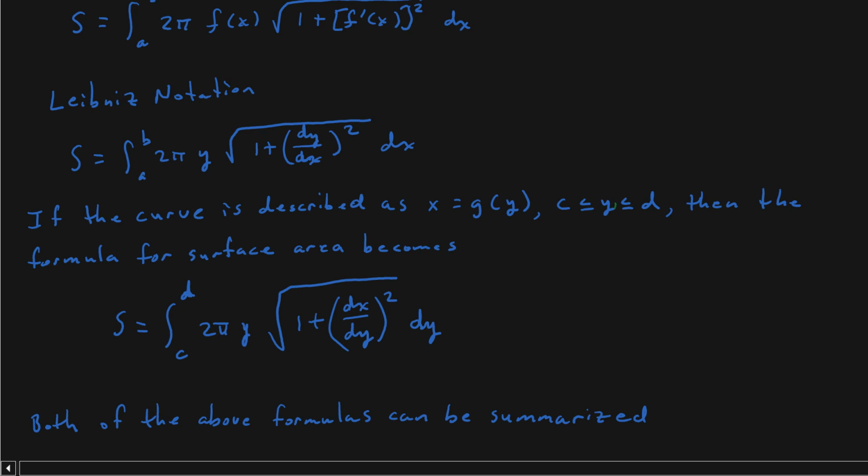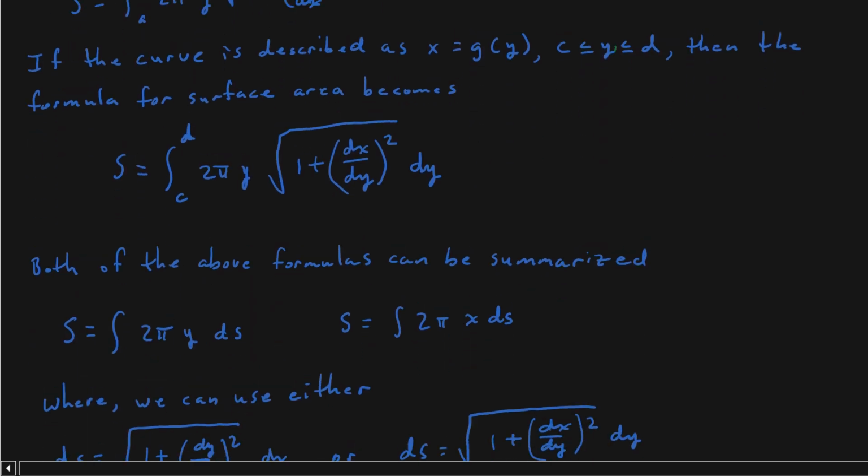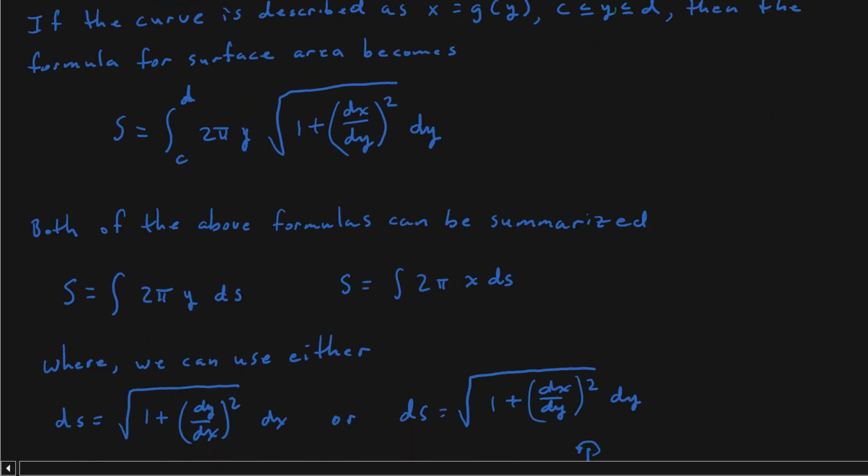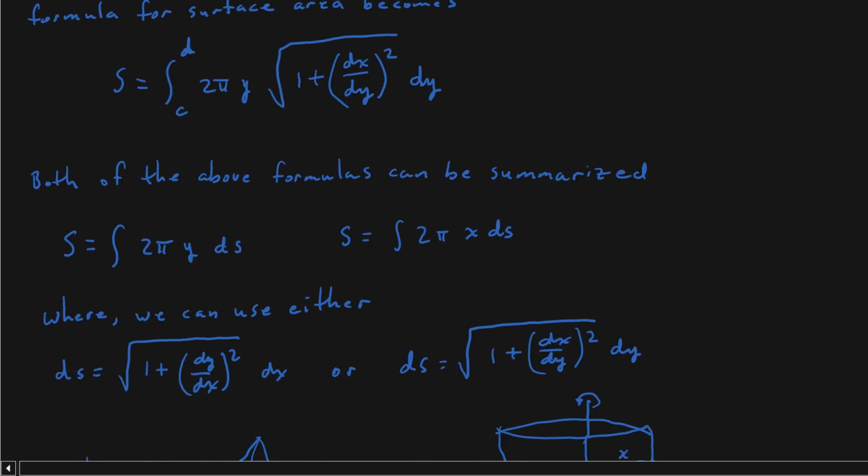All right. Both of these formulas we looked at, we can summarize as the surface area is the integral of 2 pi y ds, or 2 pi x ds, where ds is the square root of 1 plus dy/dx squared dx, or ds is the square root of 1 plus dx/dy squared dy. We can use either one of these, and I think that'll make a little more sense when we start